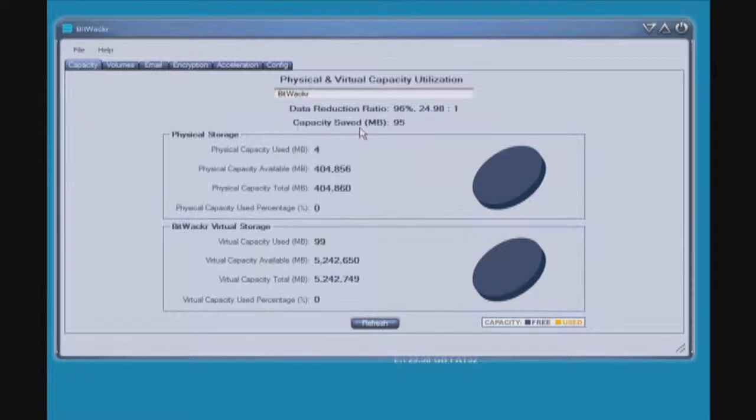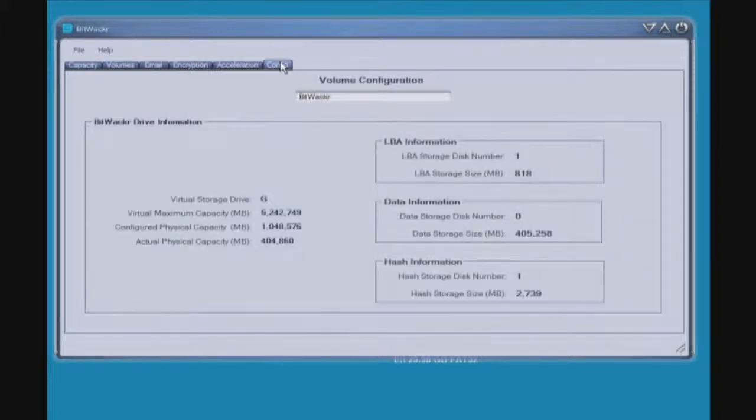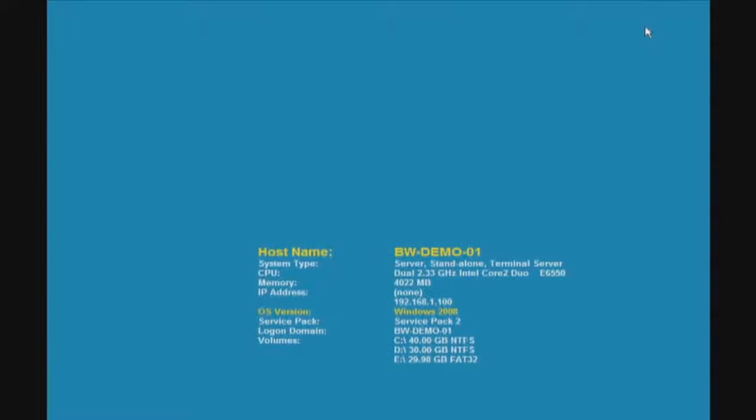And we have some statistics here that really don't mean a great deal at this point in time. We'll describe those in a little more detail as we go along. We can click on the Configuration tab, and again you'll see that we have a 5 terabyte virtual volume that we're using, and here's some information about the metadata storage. But that's not really the purpose of this demo. We're actually now going to take a look at the